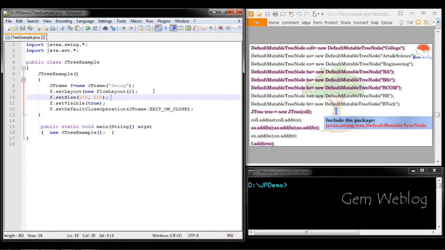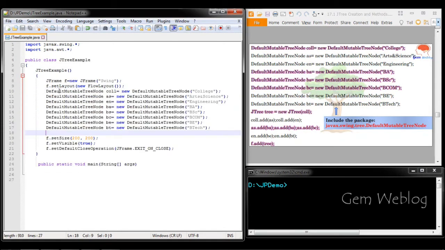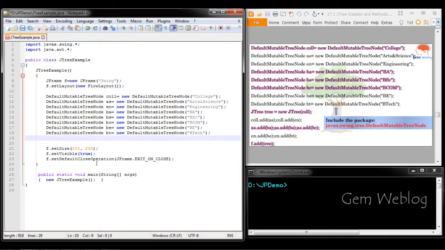First we'll start with the creation of nodes. For this DefaultMutableTreeNode is used. We just copy and paste it. Now we have created the object for each and every node. Now we start with the code to add these nodes into the tree.